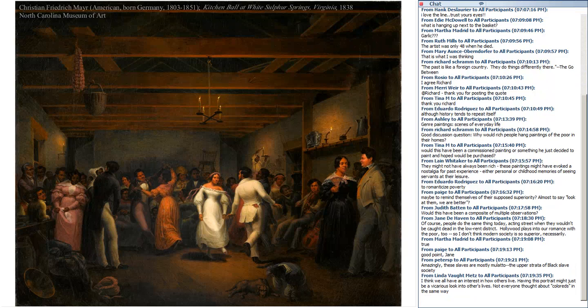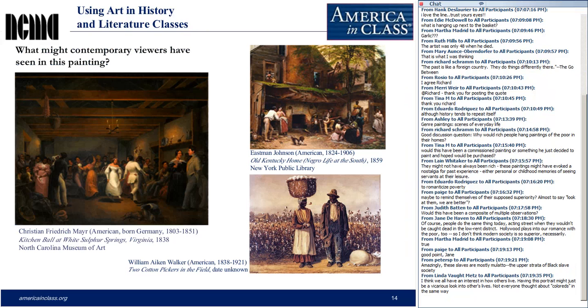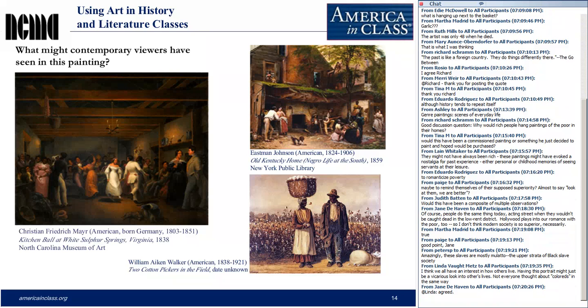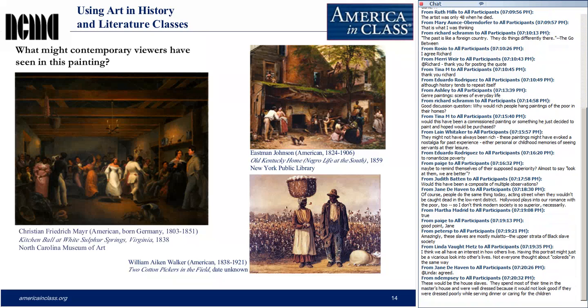And we should look at, as an example, the image down the lower right, William Aiken Walker, who made a very nice living painting stereotype poor black folk, cotton pickers and the like. These would be paintings for a white audience, obviously. A much more sophisticated painting is in the upper right by Eastman Johnson, who is